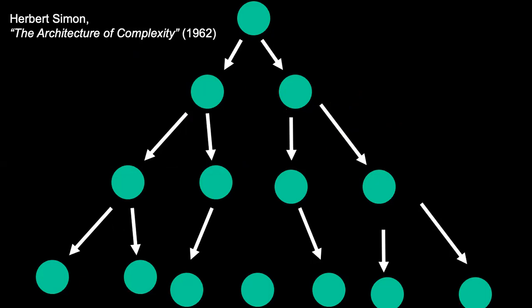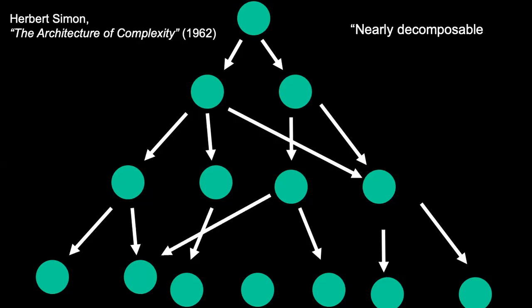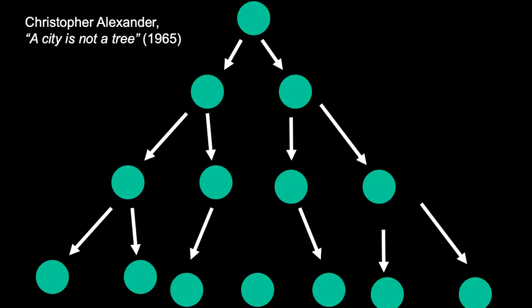And he noted in this important paper, The Architecture of Complexity, that design problems tend to be nearly decomposable hierarchies. They're nearly decomposable because they're not quite perfectly decomposable. And that was noteworthy in his work, and was really the landmark finding for Christopher Alexander,